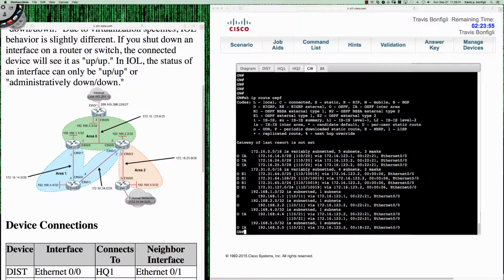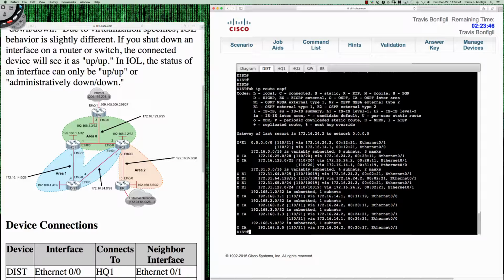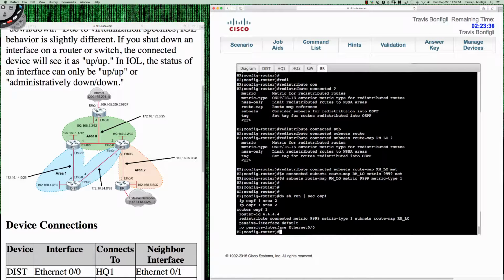And if I were to come down to the dist router as well, let's go ahead and do the same command down here, show IP route OSPF, and there you go. And you can see that an additional cost of 20 has been added to the distribution router. So if we were to come back to the